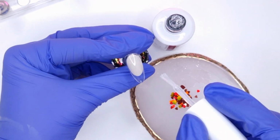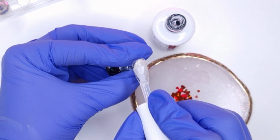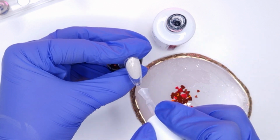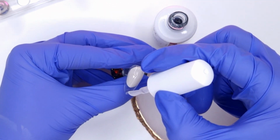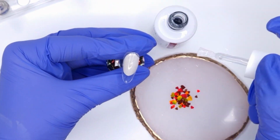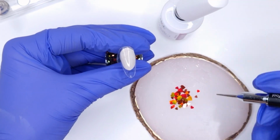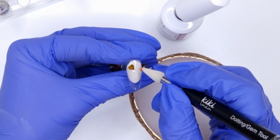next nail. Now we're doing a very similar design with this one. So again, we've already got our rubber base cured. And then I'm going to come in with a thin layer of the crystal clear. This layer is to simply set your hearts down in. Now, if you was working on longer nails, I would advise to do one thin layer like this, cure it,